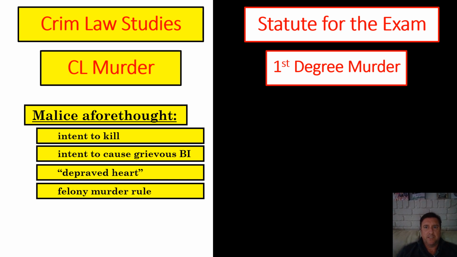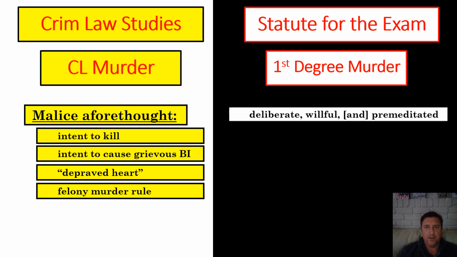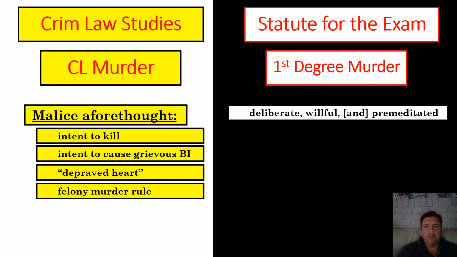What's a killing that's worse? I'm going to make that first degree, and I'm going to have the punishment go along with that, and then I'll have a second degree murder. So for first degree murder, I want to make some choices, and the choices that we learn about throughout the course, right? I have to have malice aforethought. I have to have one of these 4 things as part of it, but I also have to have something extra. We read some cases about deliberate, willful, and premeditated.